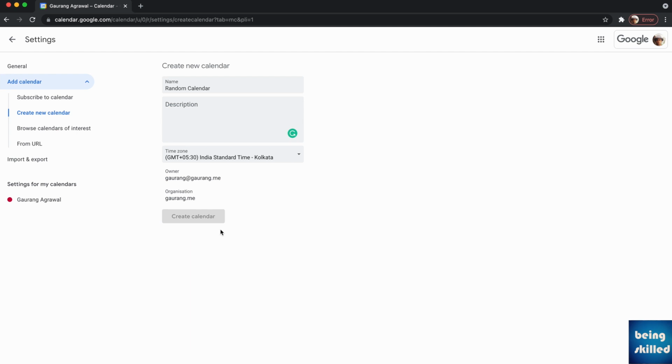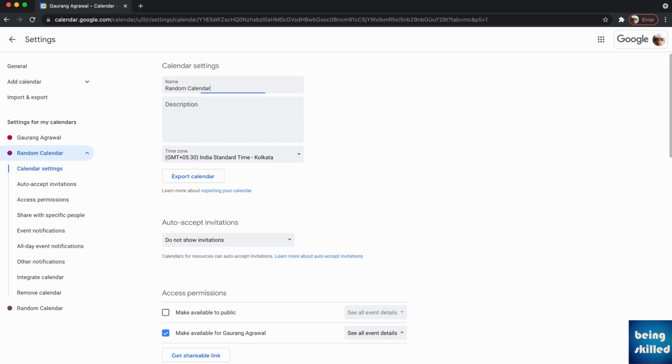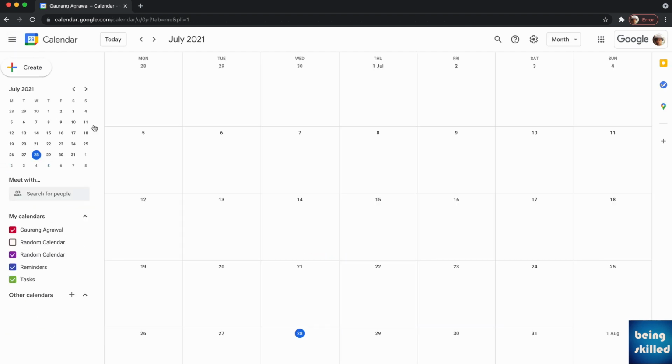It takes a few seconds for Google to create the calendar, and once that is done, you will be able to configure the calendar. So here the calendar is created and it is showing us the option to configure. So just click on it. Alternatively, you can just go back and you will see the random calendar over here.